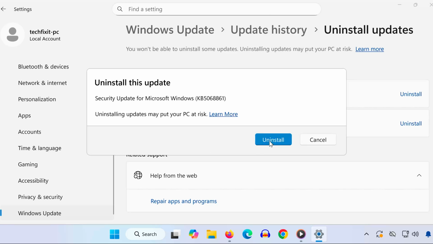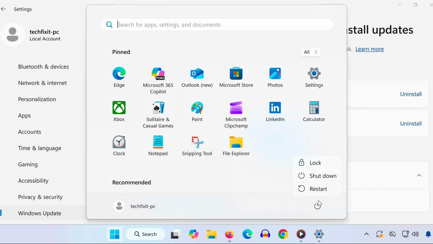Windows will now begin removing the update along with its related components. Wait for the process to complete. Once the update has been uninstalled, restart your PC to finish the process. After restarting, your system should be back to normal. You've successfully uninstalled update